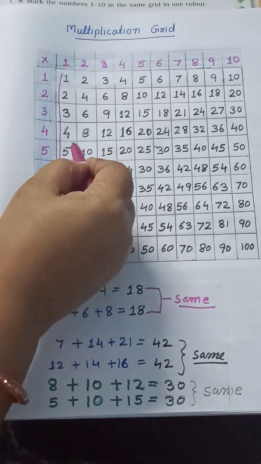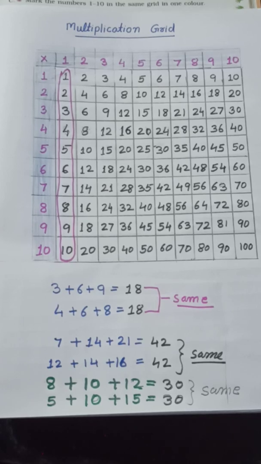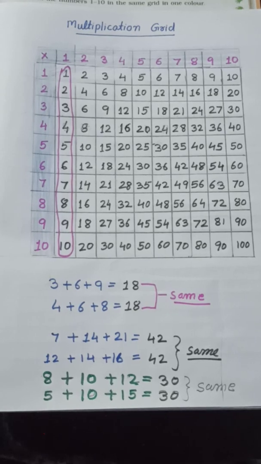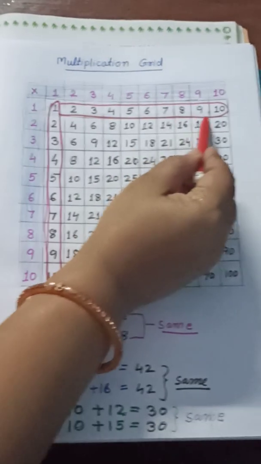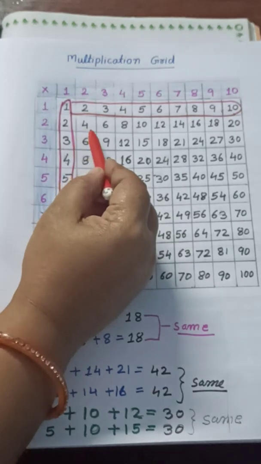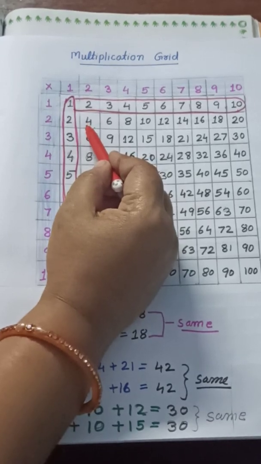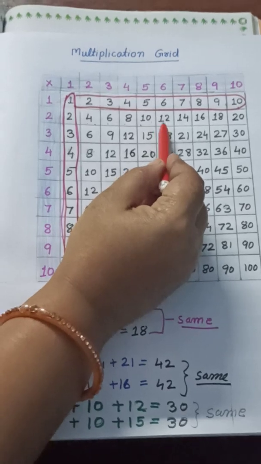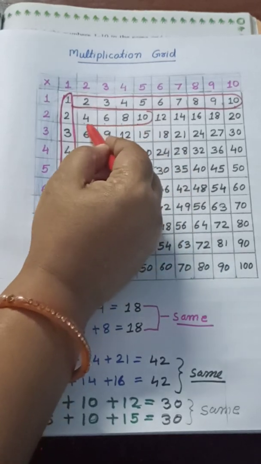This way, children, you can mark or you can color it. You can take your favorite pencil color. Okay, either red, yellow or blue as you wish. Here also I have taken up to 10. It means, children, we have to mark only the numbers which are less than or equal to 10. Okay. So 4, 6, 8 and 10 also will come. 12 we will not take. Why? Because 12 is bigger than 10. So here also we can mark it this way.